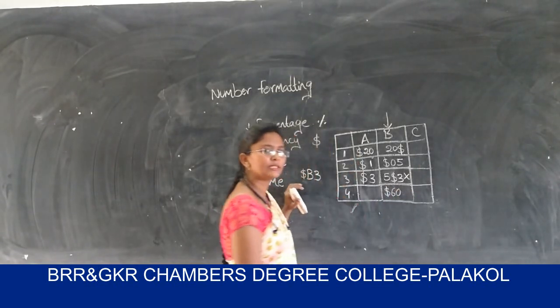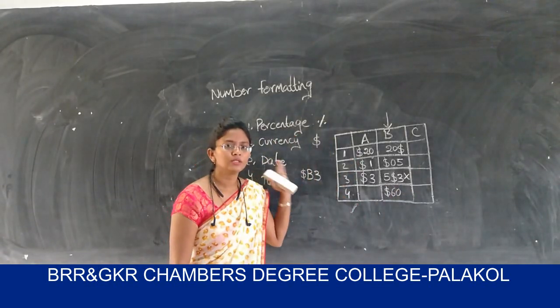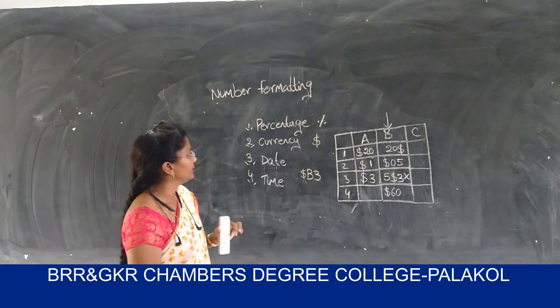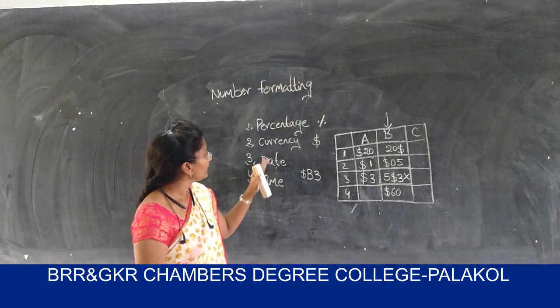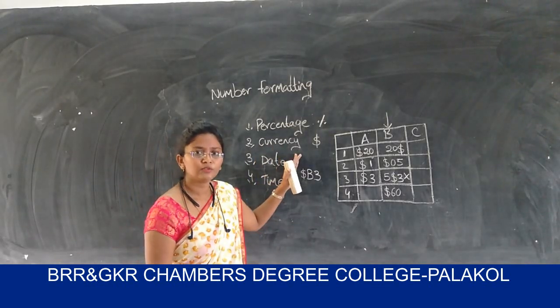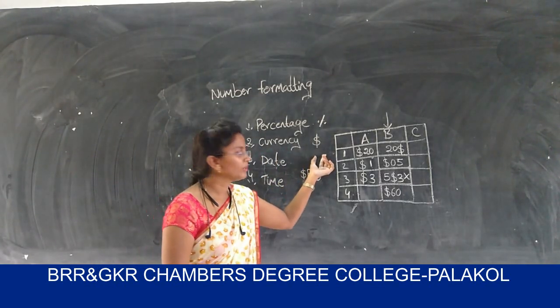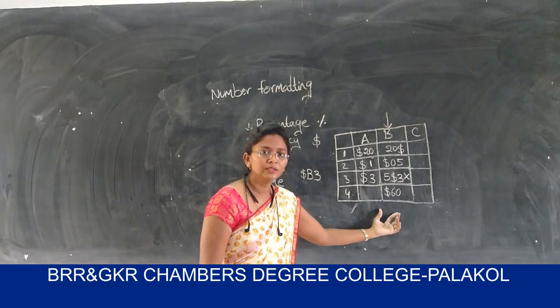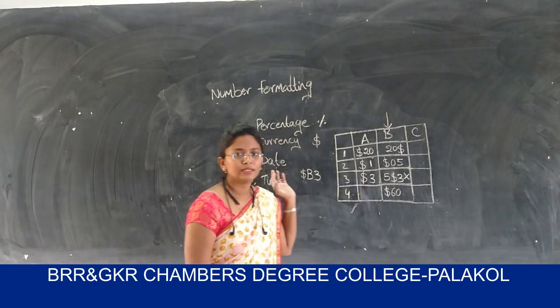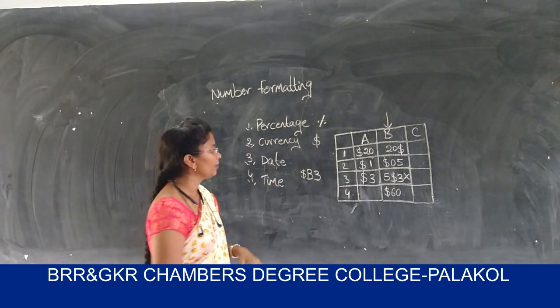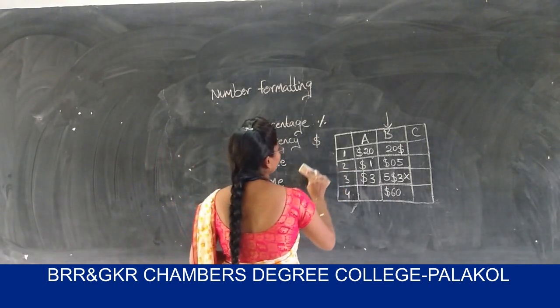This is the way to enter the dollar symbol in the Excel sheet. In currency there are different types of currencies also available. Just for example, I am taking the dollar symbol and some data in the Excel sheet. And coming to date,